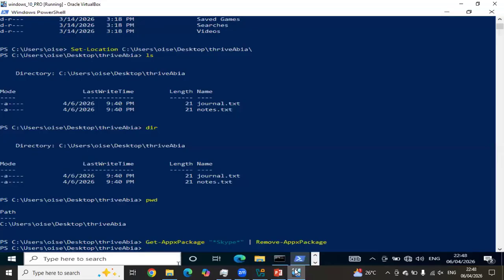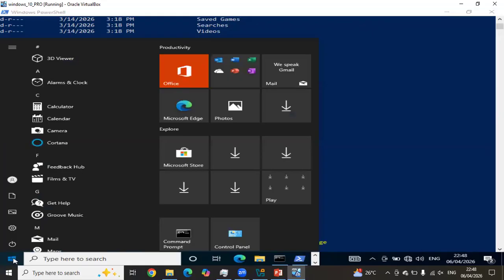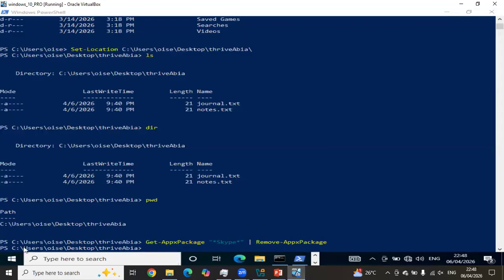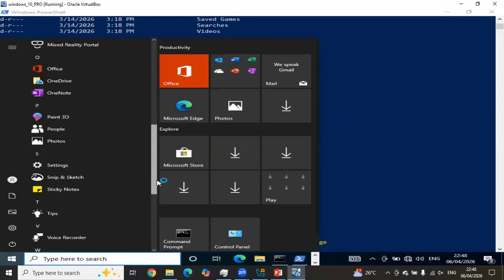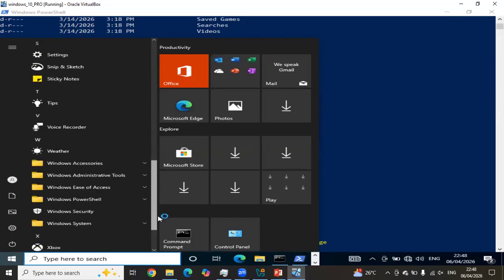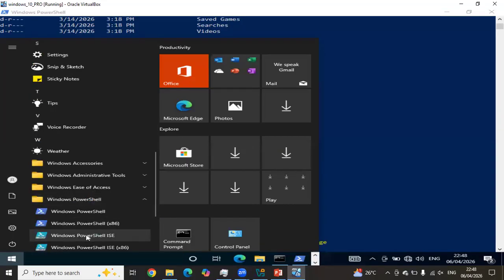Now PowerShell also has an extended package called PowerShell ISE. So if I go back to my PowerShell here, right? You see that we have PowerShell ISE. So if I call it out,